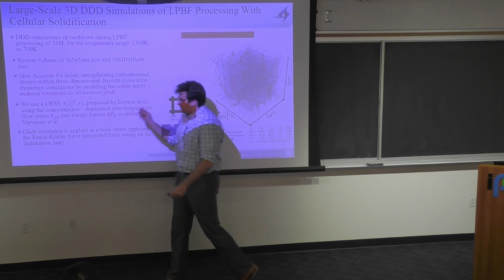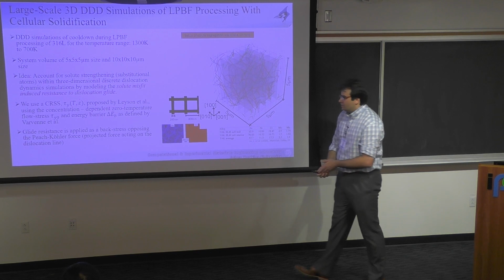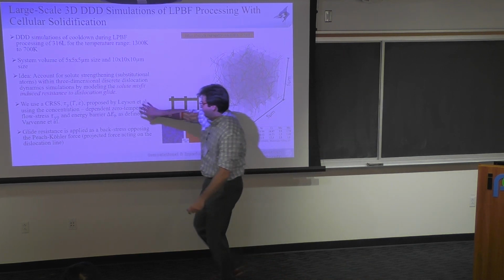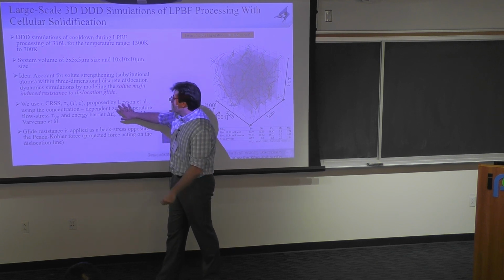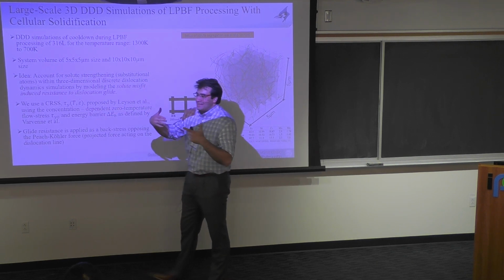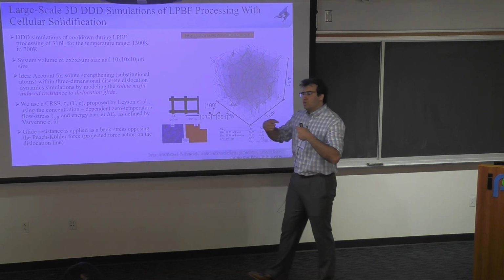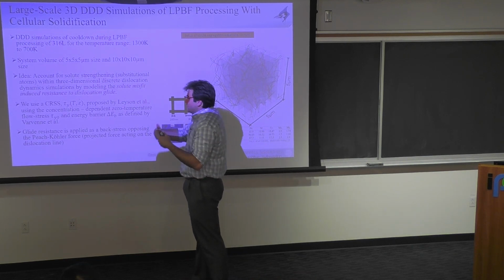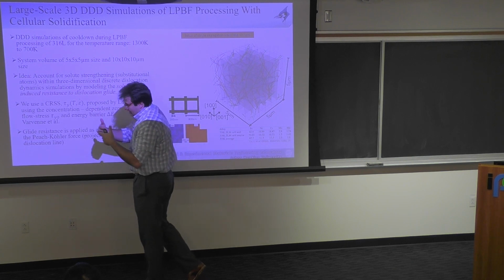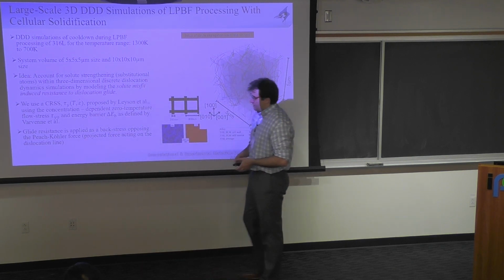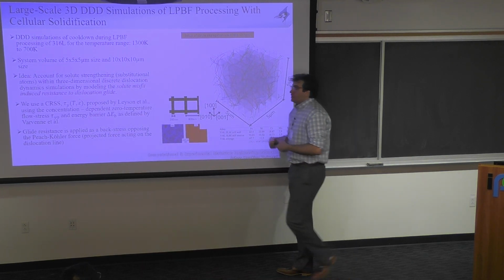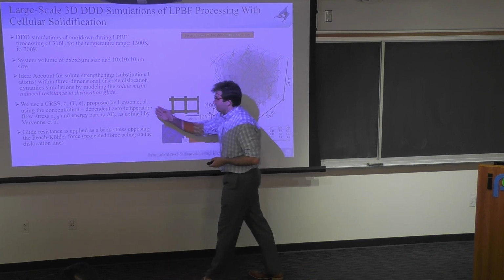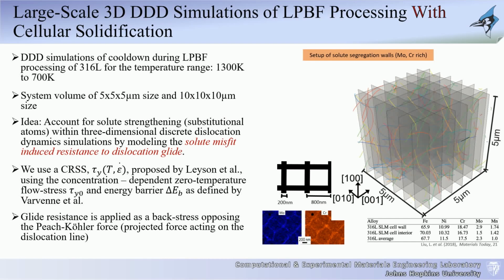It happened that Bill Curtin's group, over the last, I think, 10 years, I forgot when that paper was published. Unfortunately, I don't have the citation here, I have it on the next slide. But nevertheless, they came up with a statistical model that represents the motion of an individual dislocation through a solute field. And from that, they were able to calculate, or represent, the influence of the solutes on the dislocations. So we take that, and again, it's based on the solute misfit induced resistance stress. So we take that as our model that I'll show you in a minute.